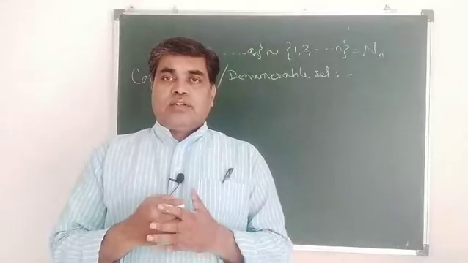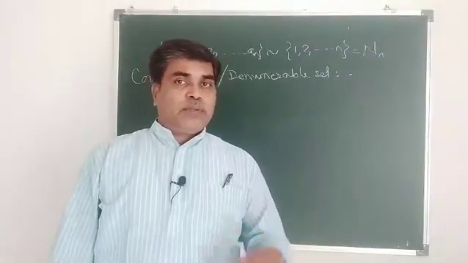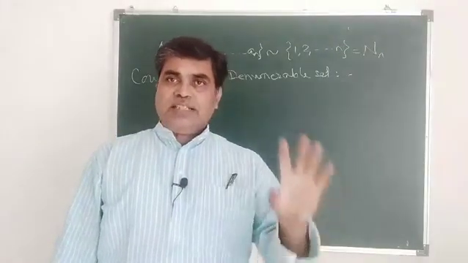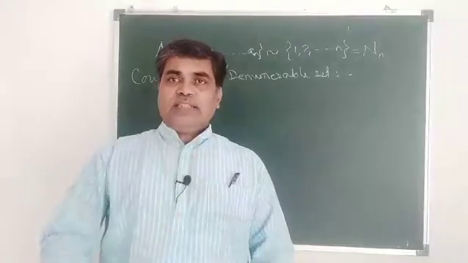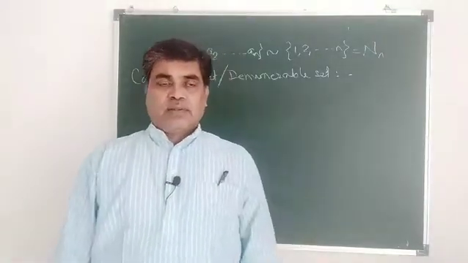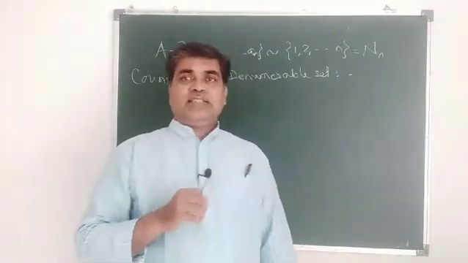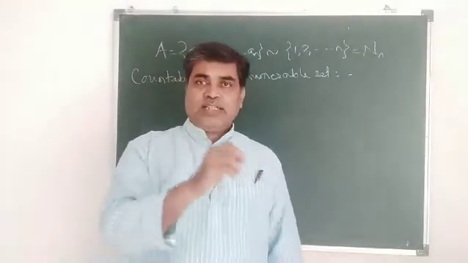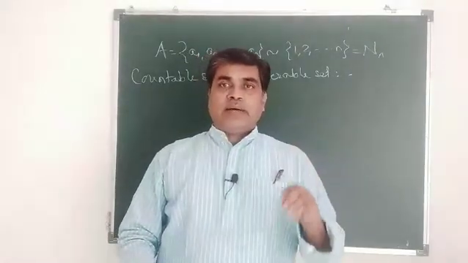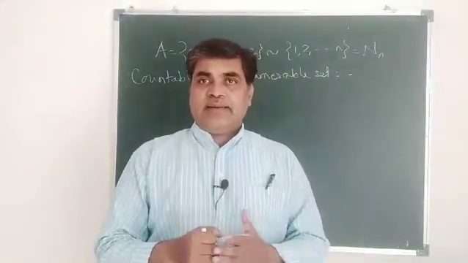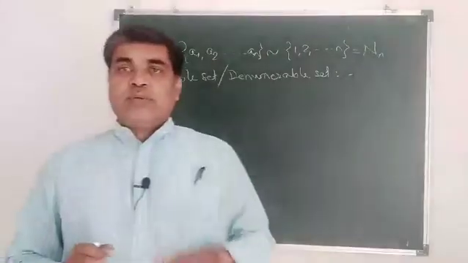From school level, we call the set of natural numbers the set of counting numbers: 1, 2, 3, 4 and so on. Means one after another we are counting numbers. So the set of natural numbers itself is a countable set. If you are able to count the elements in a given set by arranging them sequentially, first element, second, third, and so on, means we are assigning natural numbers to elements in that set: 1 to the first element, 2 to the second element, 3 to the third element and so on. If we are able to find a bijective function from the set of natural numbers to that particular set A, then N is equivalent to A. A set which is equivalent to the set of natural numbers is called a countable set